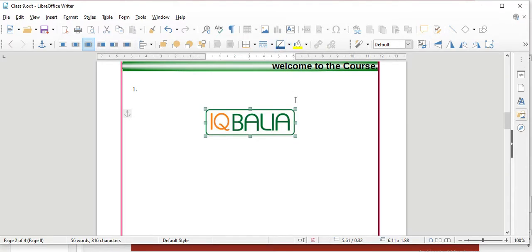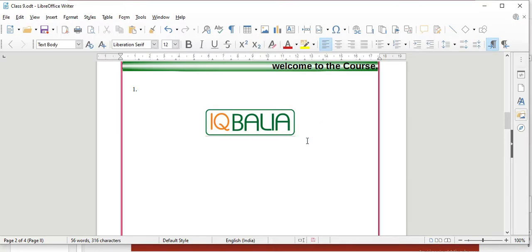There is another alternative. Just by clicking the insert image icon located below the formatting toolbar, a file manager will appear from where you can select the image. Select the image file and click on the open button, or just double click on the image file. The image will get inserted in your file. This is how we can insert the image.